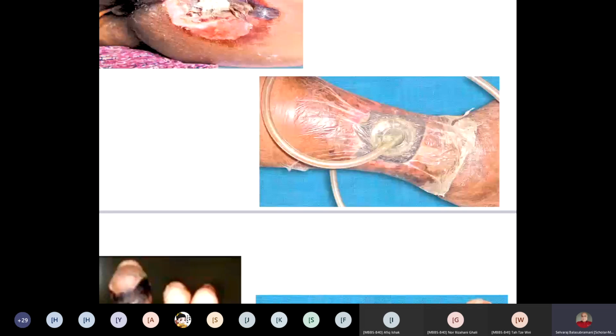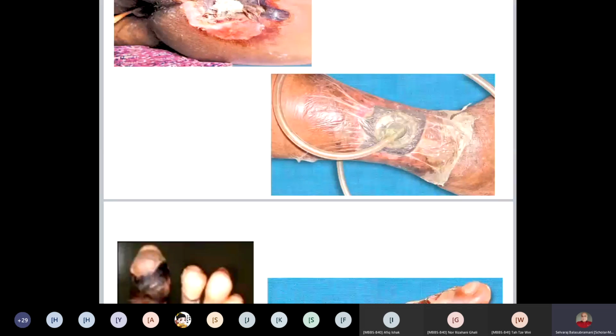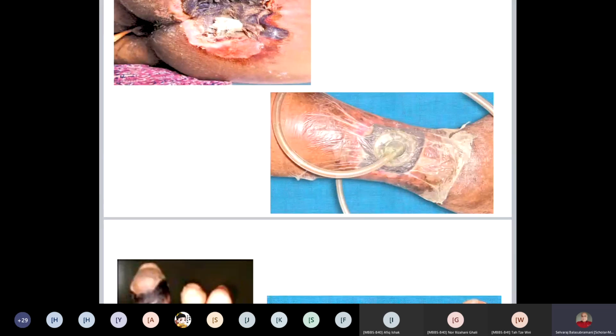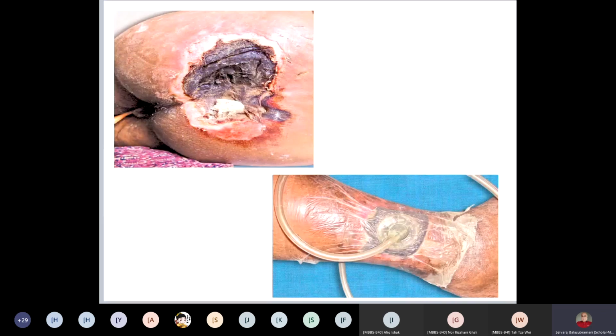This vacuum is very conducive for wound healing and it will suck out all the fluid inside also. So whenever you are producing a vacuum around the wound, that is very conducive for wound healing. The wound healing will happen very fast. That is the idea. So you usually use this type of vac dressing. Plastic surgeons and even orthopedic surgeons do it quite often for their non-healing ulcers. Yeah, this is regarding this patient.